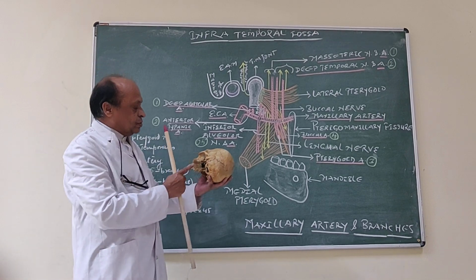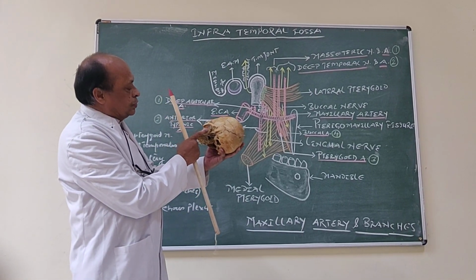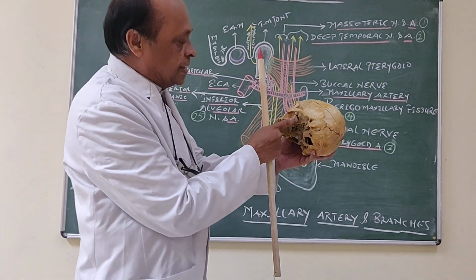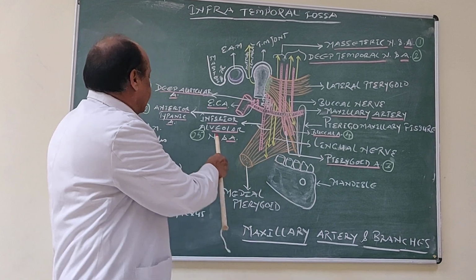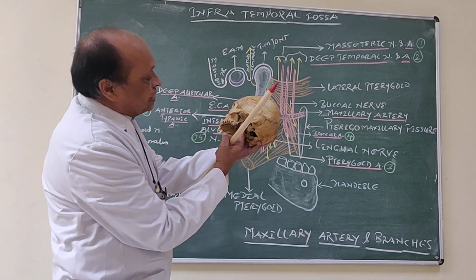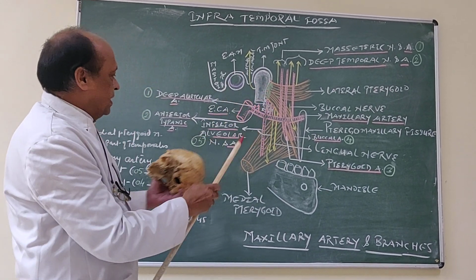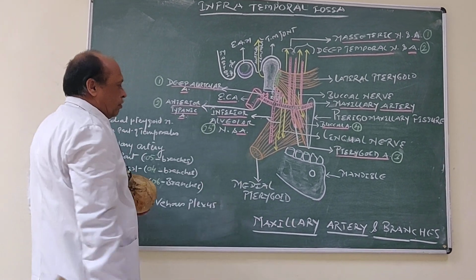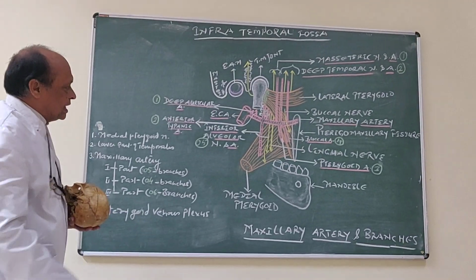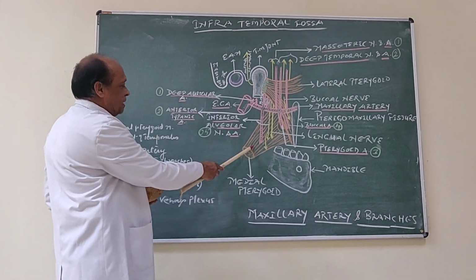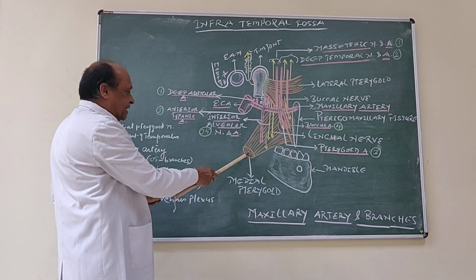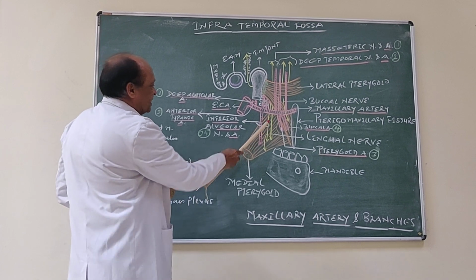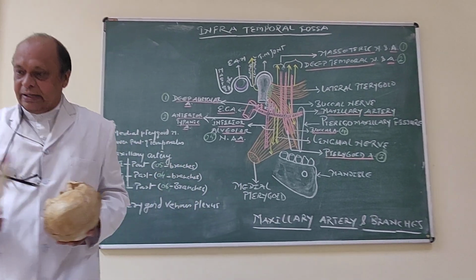The superficial head takes origin from the tuberosity of the maxilla and the pyramidal process of the palatine bone. The deep head arises from the medial surface of the lateral pterygoid plate. The medial pterygoid muscle in this diagram is here. It takes origin from the tuberosity of the maxilla and the pyramidal process of the palatine bone, and the deep head from the medial surface of the lateral pterygoid plate, and the muscle gets inserted onto the mandible, the inner aspect